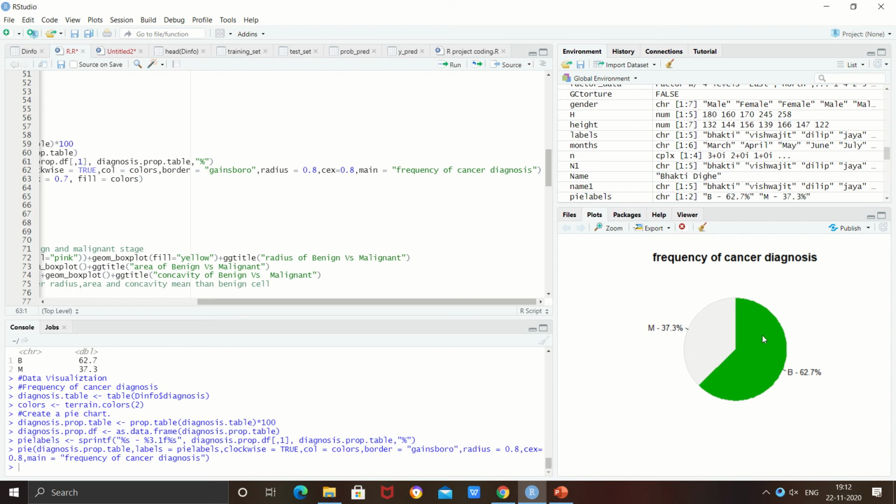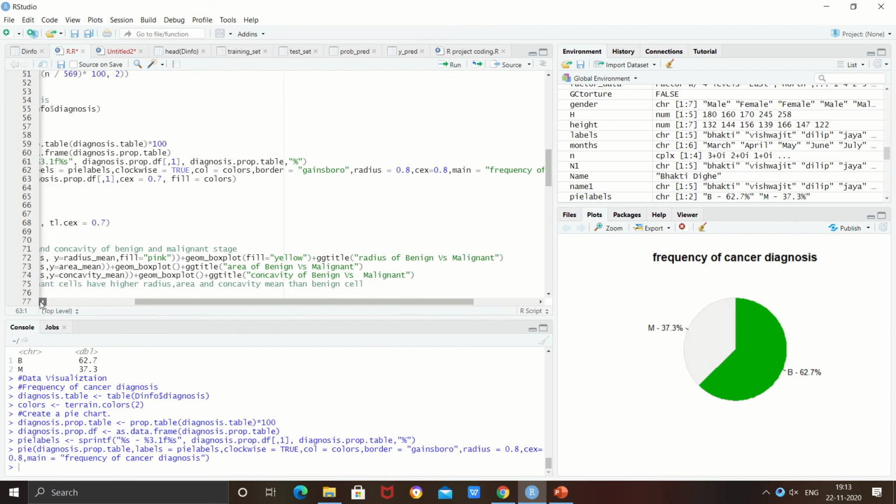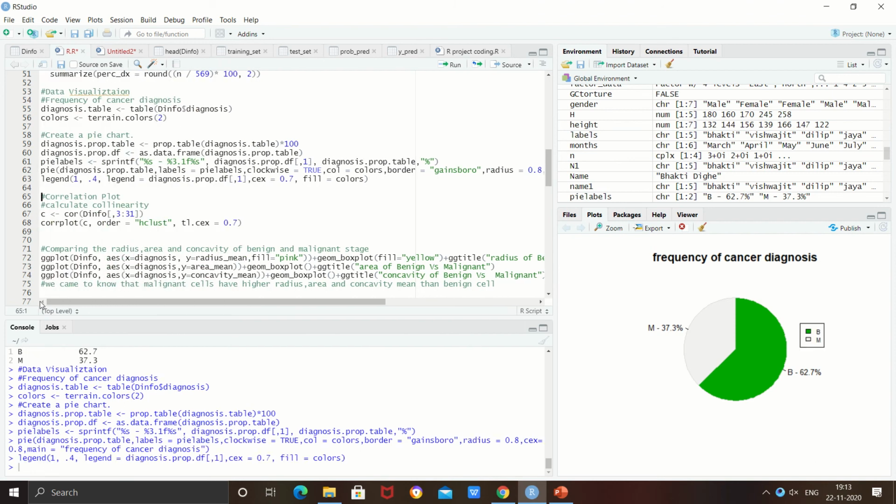The green portion shows the number of women affected in benign stage and the other part shows the number of women affected in malignant stage. So the green part is for benign tumor and the M part is for malignant tumor.